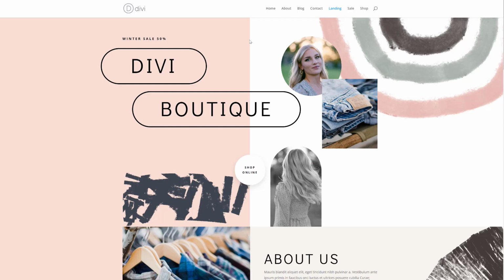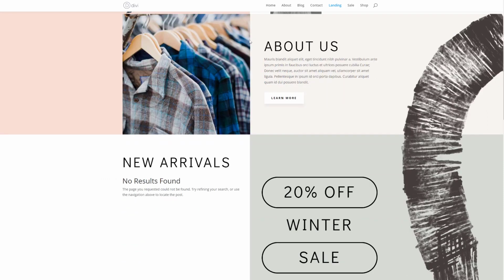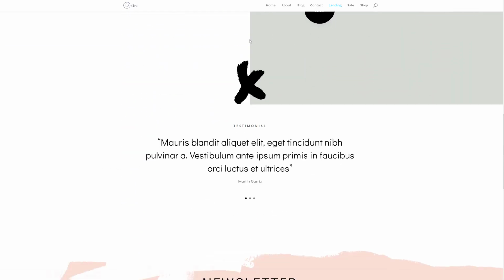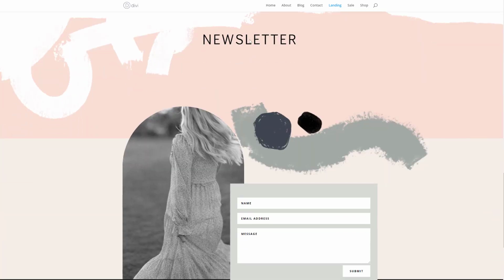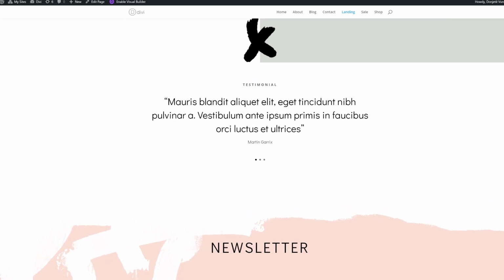Alright, so let's take a quick look at the clothing store layout pack for Divi. So this is the overall look and feel that you can expect from it, really clean and modern, and you get a ton of beautiful design elements and beautiful images which you can use without any restrictions. So if you want to lay your hands on this beautiful layout pack, you can go to